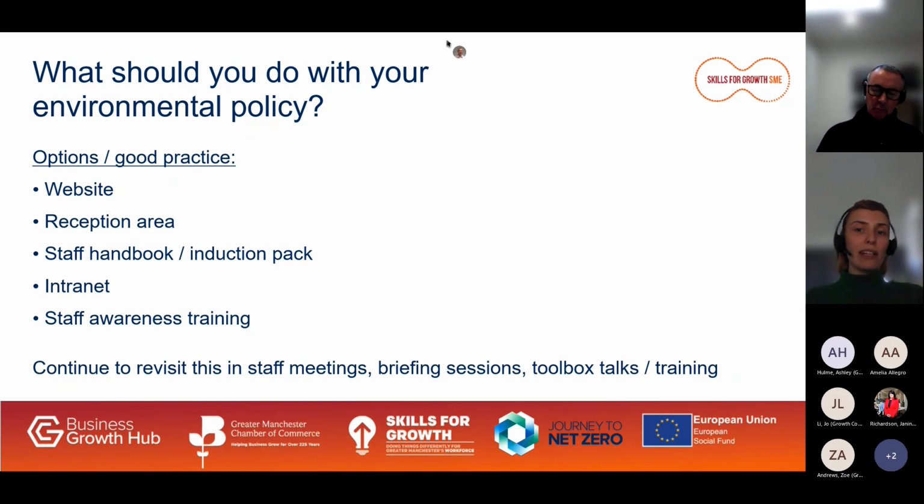So emphasising your environmental policy within your staff handbook and during the induction process, and also on your staff intranet if you have one, can all help with the staff engagement side of this, which Carl was discussing earlier. And also, you should really look at your environmental policy as a living, breathing document, not just something that you write up to tick a box and then it goes in a bottom drawer and you don't think about it until,